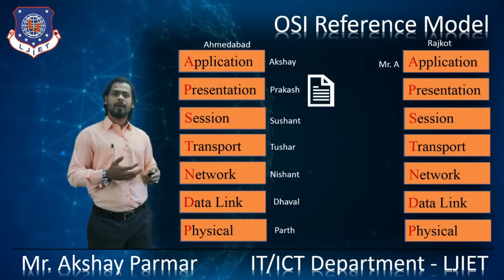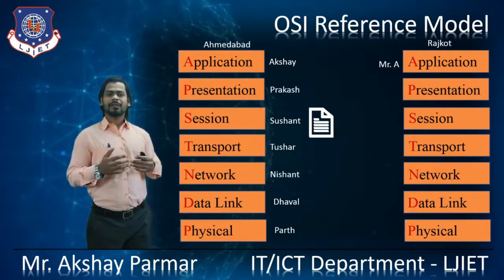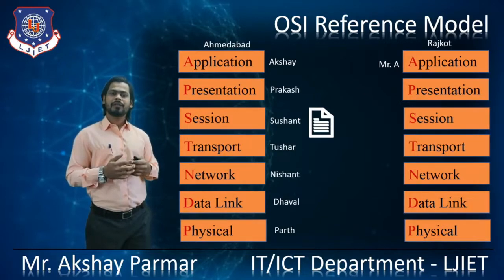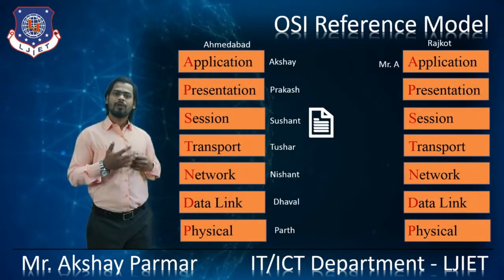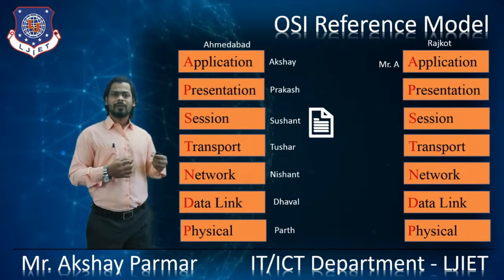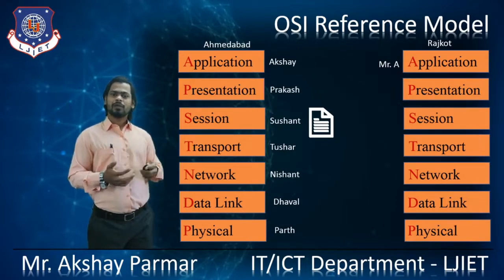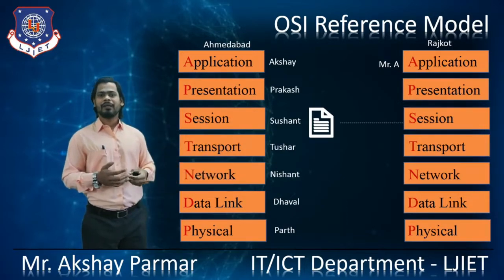Prakash will send that document to Sushant, right? Sushant will get that 400 pages document written in Gujarati. And Prakash will tell Sushant, we need to send this document to Mr. A's company as early as possible. So now this is your task. You need to deliver this document to Mr. A's company. So Sushant has to communicate with Mr. S at Mr. A's company, who has a similar kind of post. Sushant will call Mr. S and ask about the company's timing and all that, right?